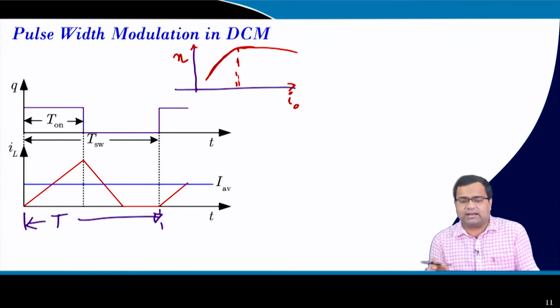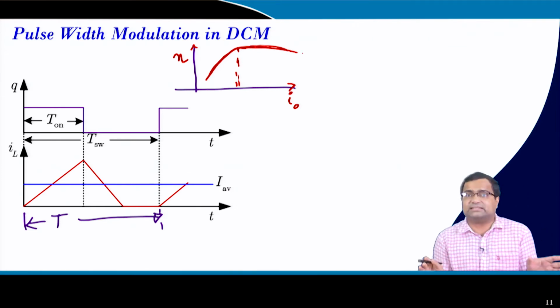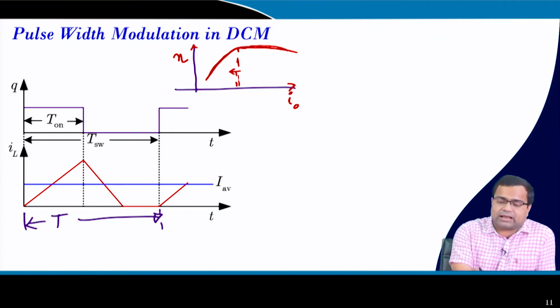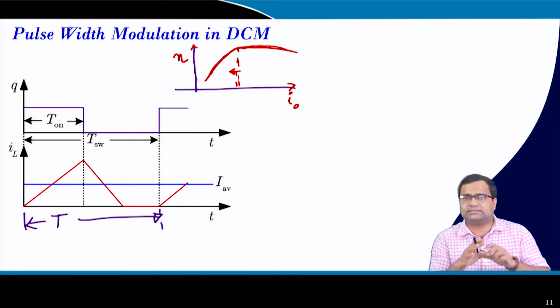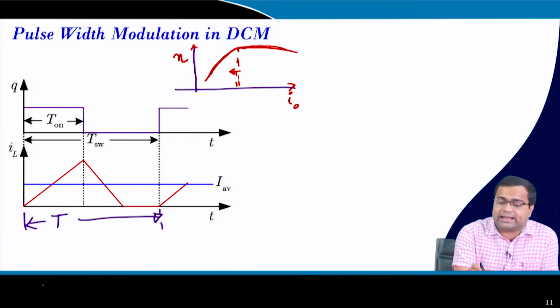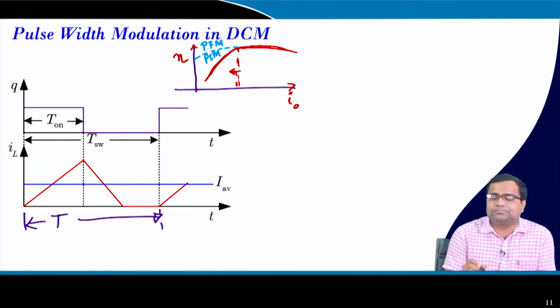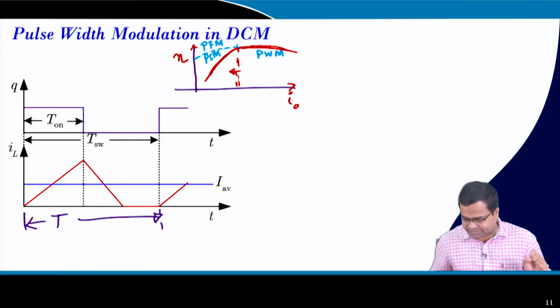So, if you increase the load current, the efficiency will decrease slightly because at higher load current your conduction loss increases. But if you decrease the load current and maintain the pulse width modulation, your switching loss dominates and your efficiency can fall drastically, and this is not acceptable. So, in most commercial products they extend it by means of PFM, pulse frequency modulation, but at higher load it is operated in PWM. So, there is a multi-mode scheme, that means two control techniques are merged together.